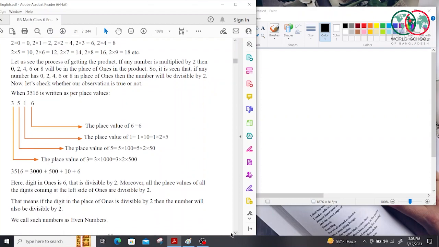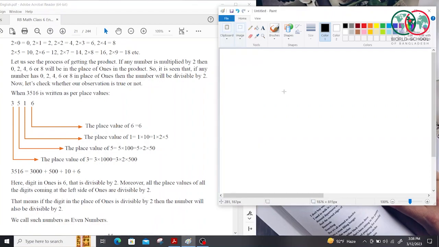So do you need to do this place value all the time? Actually not. Whenever any number is divisible by 2, it is called an even number. So in short we can say that if the digit in the ones place is divisible by 2, then the number also will be divisible by 2. That means, suppose